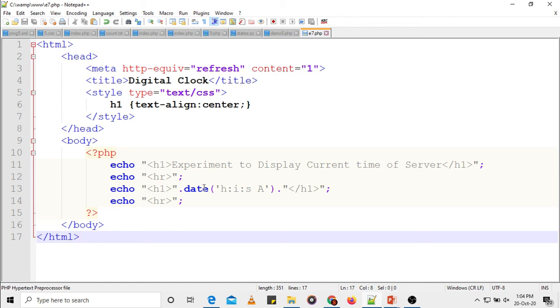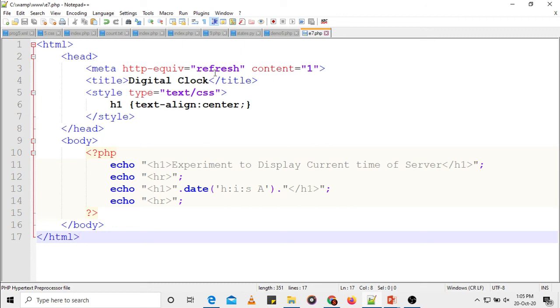Sometimes students get confused, they display the date instead of the time. So for displaying the time, we need to use the values for the format of the date function, that is lowercase h for the hour in 12-hour format, lowercase i for displaying the minutes, colon, lowercase s for displaying the seconds, and uppercase A for representing AM and PM.